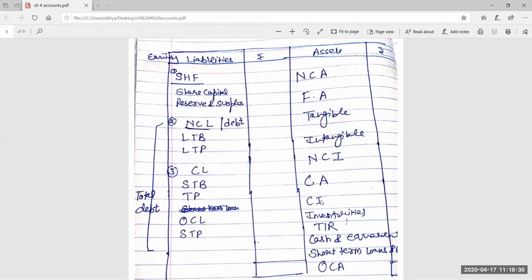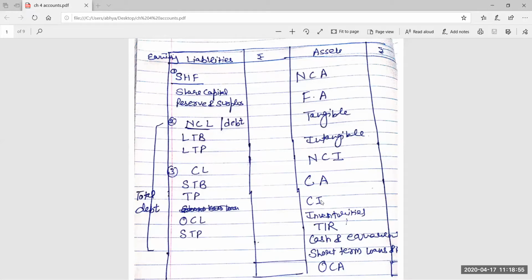Okay, so if the total of one side is given, say total assets, and you have to find any one item on the other side, then you can easily find it by using the balance sheet format. Just draw a rough balance sheet. No need to use any formula. Just draw a rough balance sheet, put in all the figures given in the question, and you will be able to find the figure which is not given.